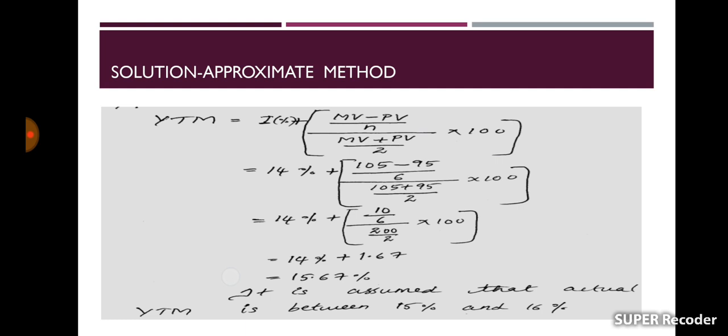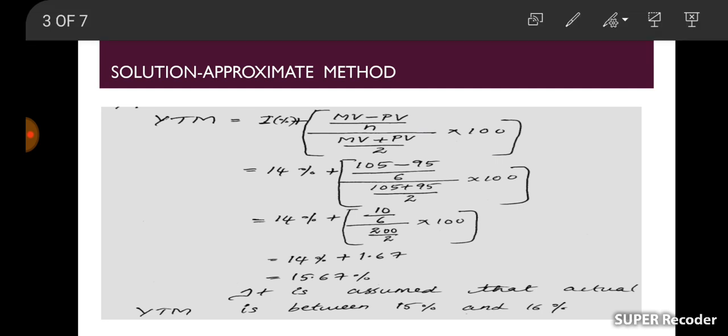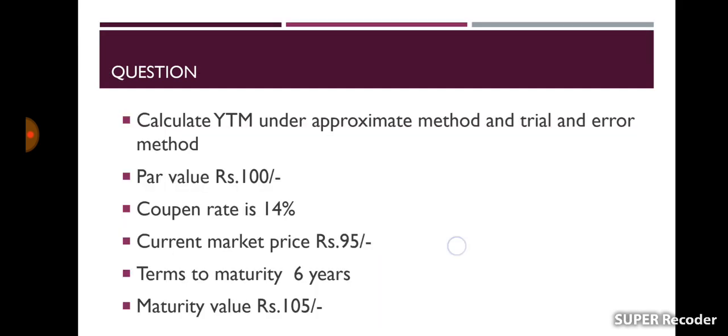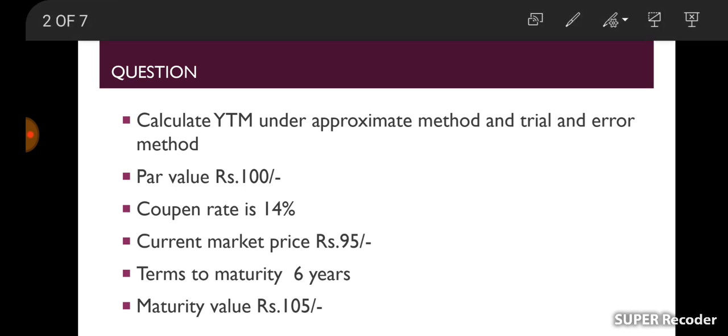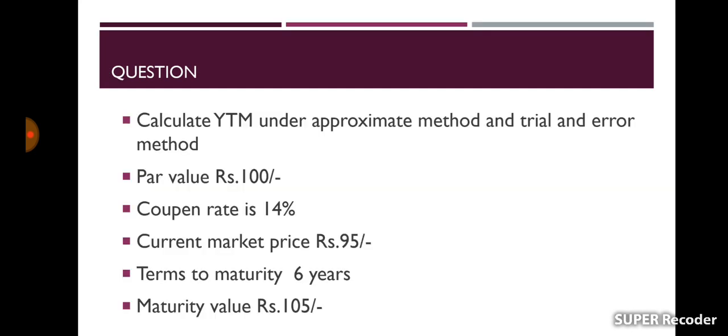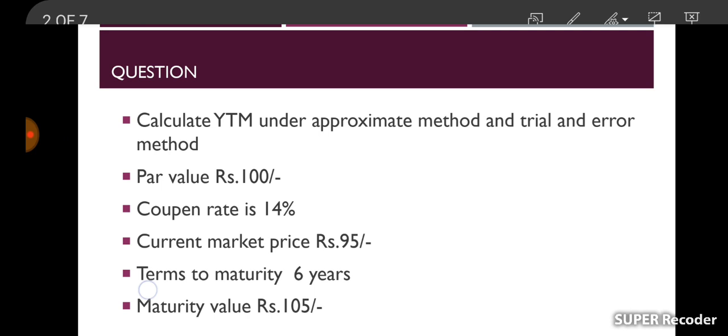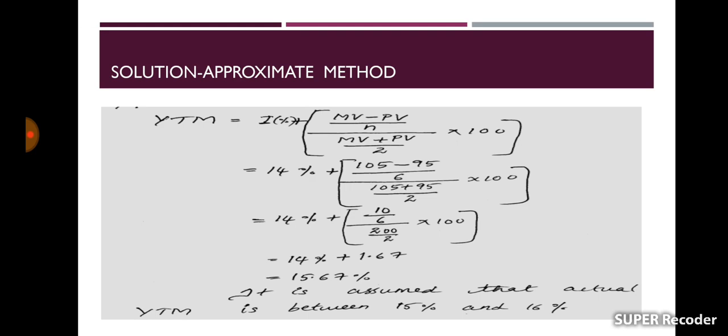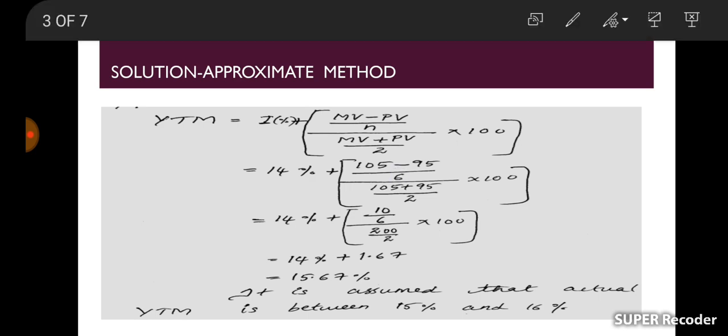The present value, the purchase price of the security, is the current market price of ₹95. So we are deducting 95 from 105, and the maturity period is 6 years, so we are dividing this MV minus PV by 6